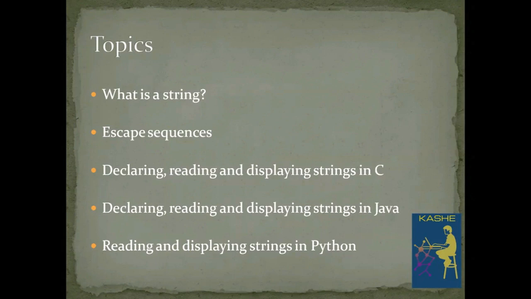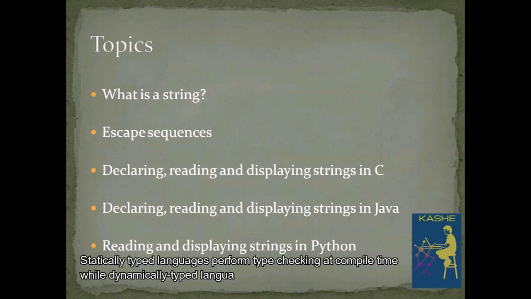Guys, a point I want to cover here. If you observe C language and Java language, I have mentioned clearly declaration of string variables. But in Python, I did not mention any declaration of string variables. The meaning here is C and Java both are statically typed languages, but Python is a dynamically typed language. That means before using any variable, no need of declaration in Python. So that's why Python is called a dynamically typed language.